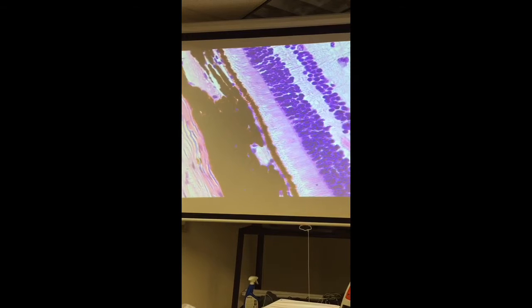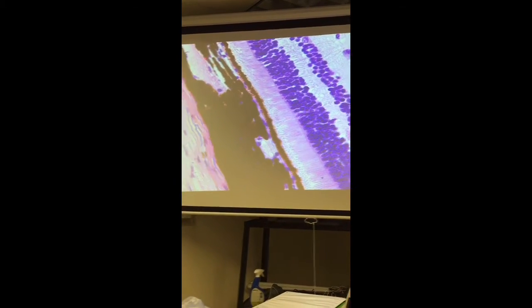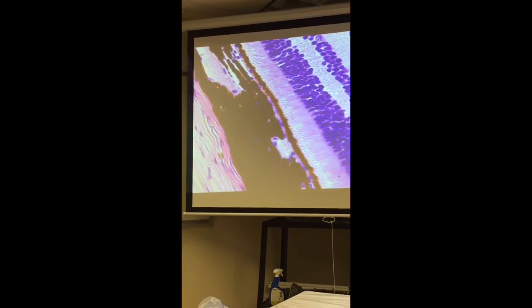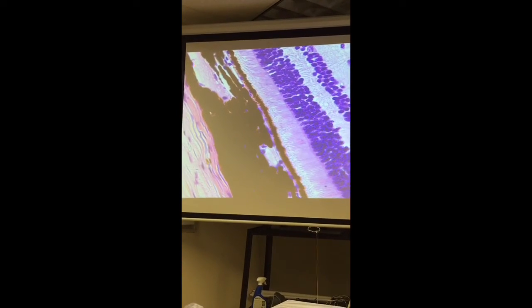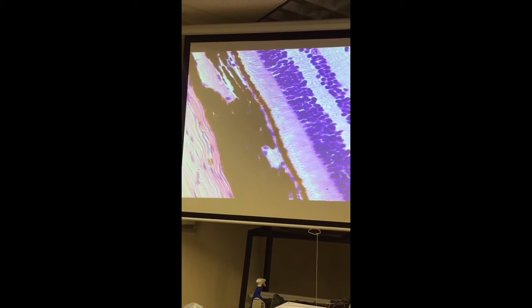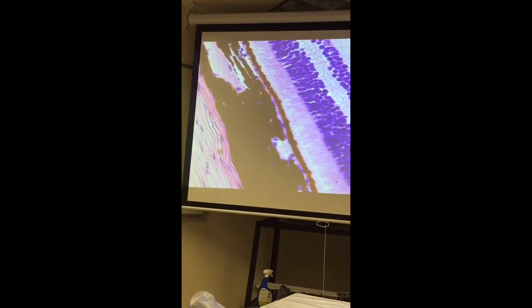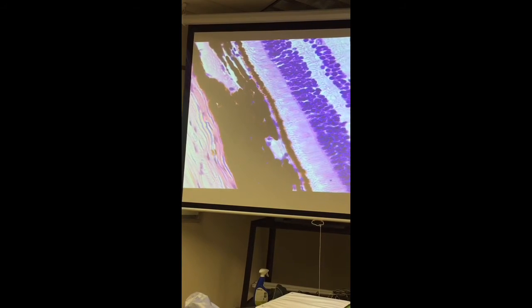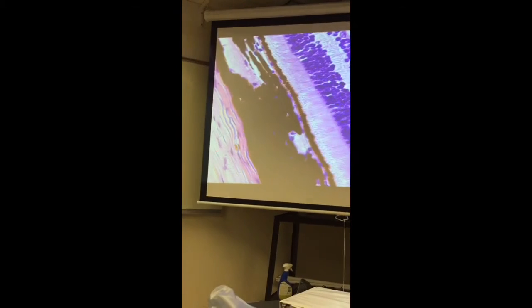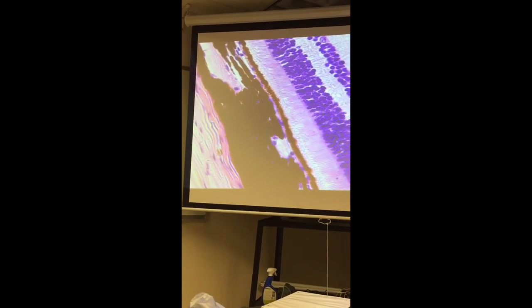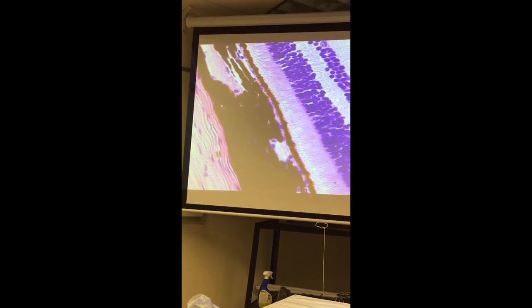Ooh, identify this general layer or tunic. Vascular tunic. Identify the specific structure. Choroid. Choroid, two functions. Of course, it absorbs light and nourishes the retina. Ooh, identify this layer or tunic. Fibrous tunic, specific structure. Sclera. Sclera, and again, two functions. Maintains the shape of the eyeball and protects the inner parts. So if we have a pretty good idea